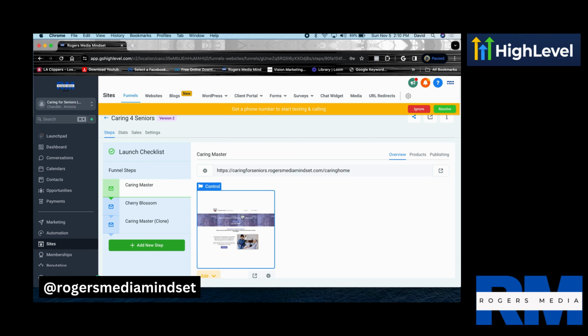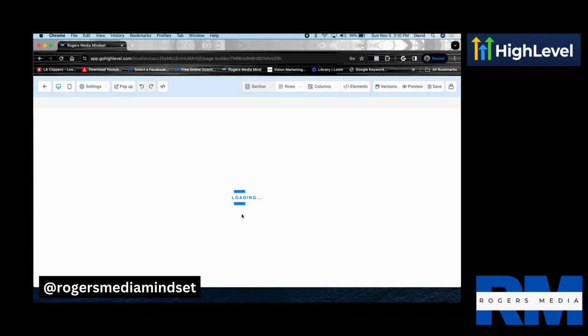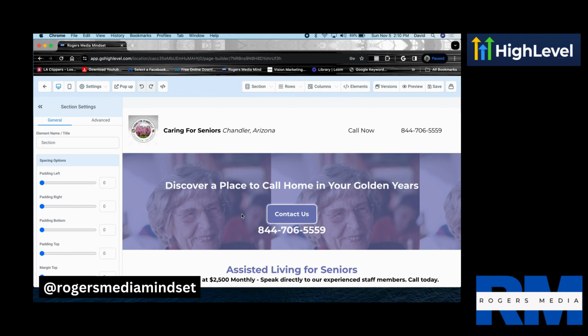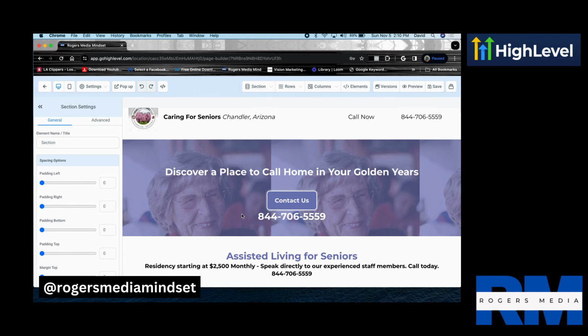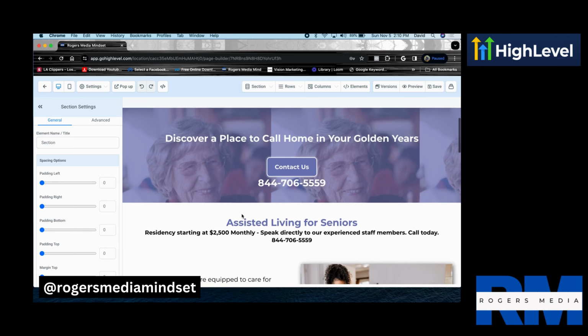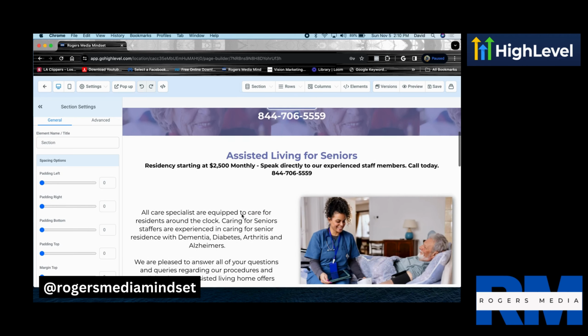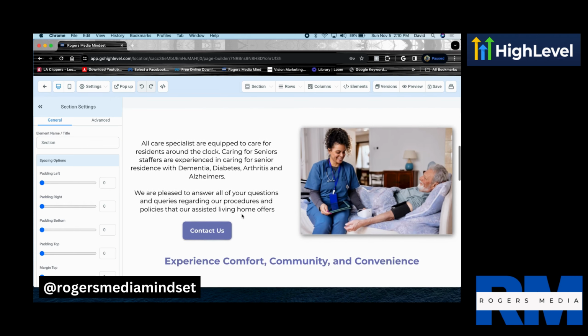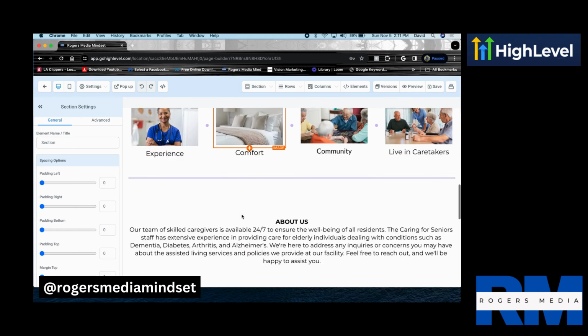What we have here is a funnel that I created for caring for seniors. It's a caring senior facility. They're looking to fill some space, some beds in their facility. So I created the funnel with GoHighLevel at HighLevel's funnel area. And